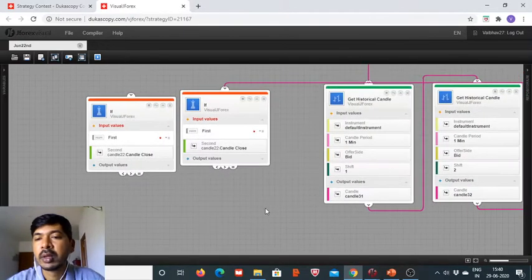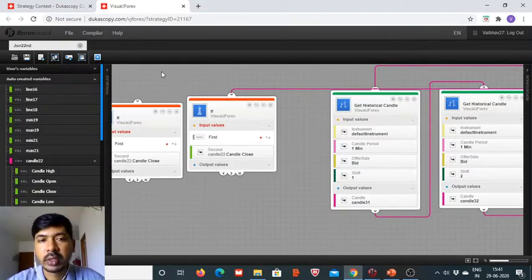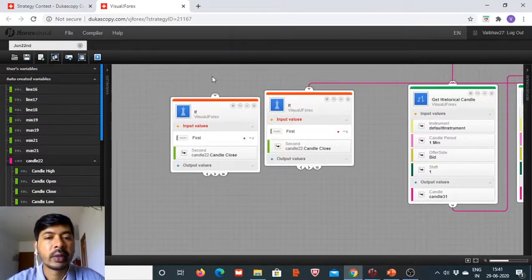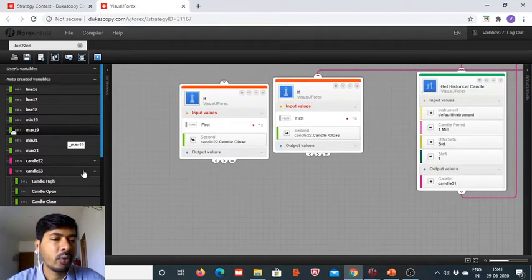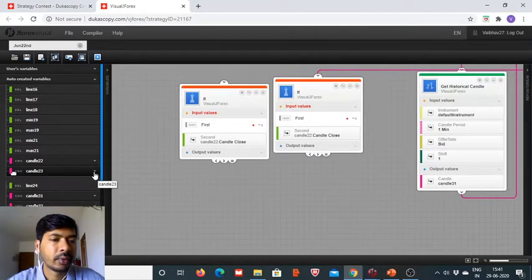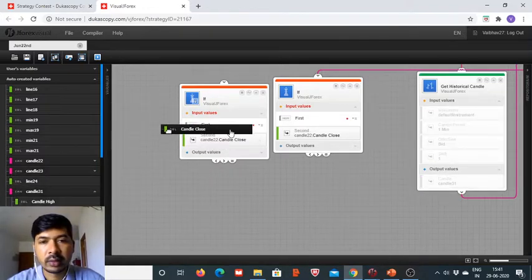So shift 1, which is last minute, should have closed below candle 22, whereas candle 32's close should have been above candle 22's close. So here we consider this,